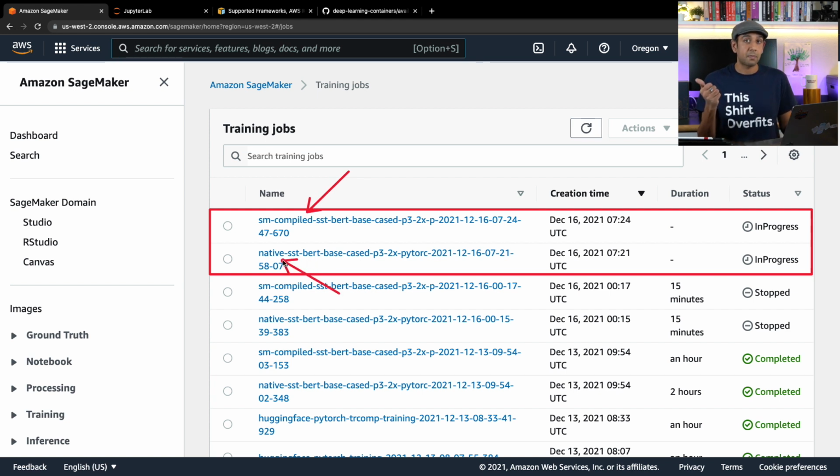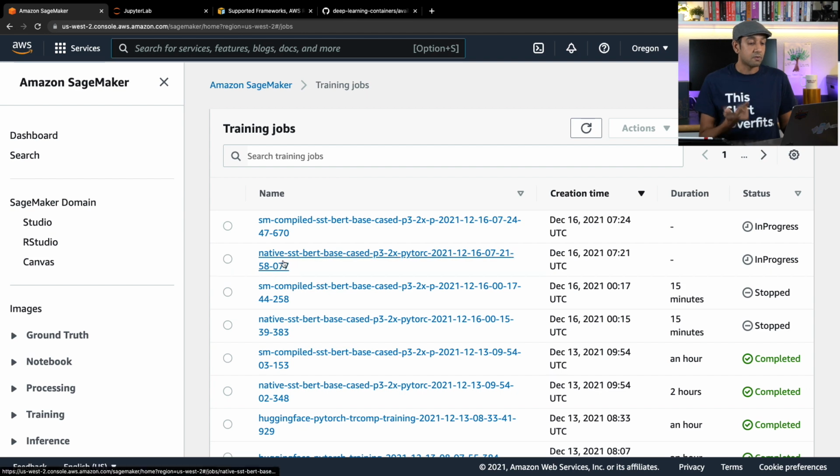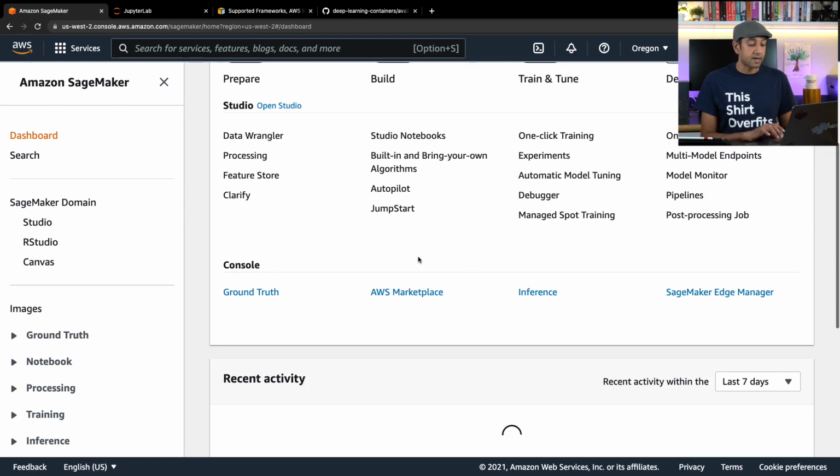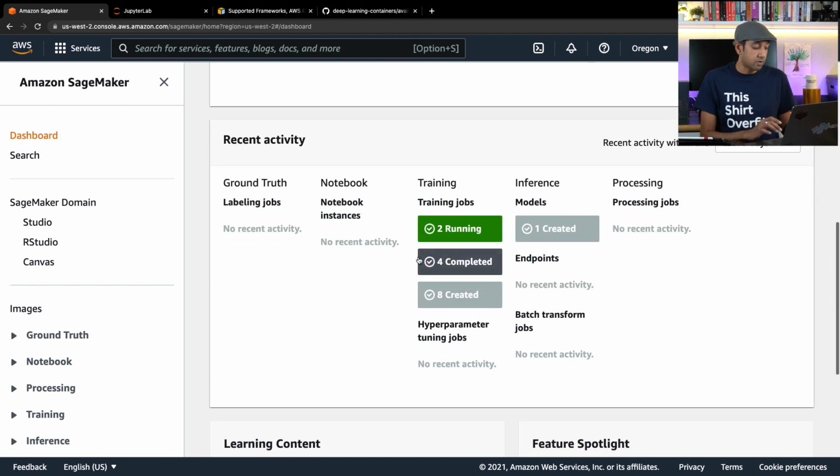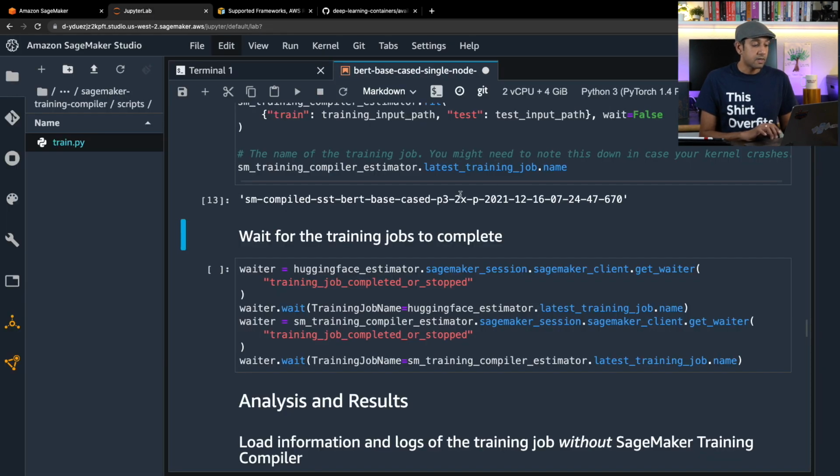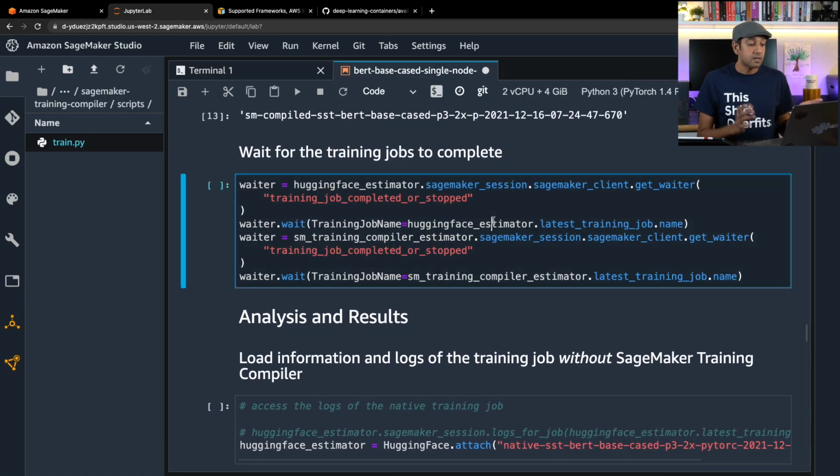Okay, so one compiled, one without compilation. We can initiate multiple trainings. Now we will go back, and at the dashboard you can also see that we have two training jobs currently in progress. Okay, go back to the Jupyter notebook, and you can wait for this training to complete, which is